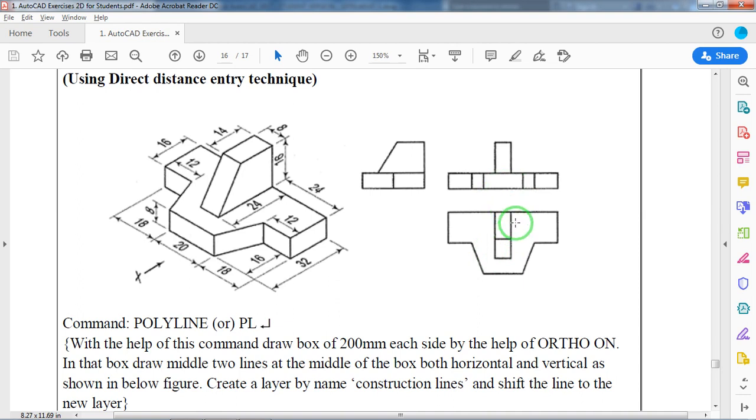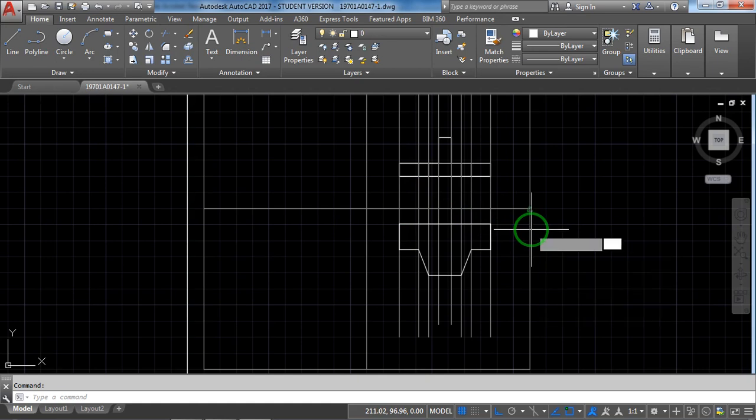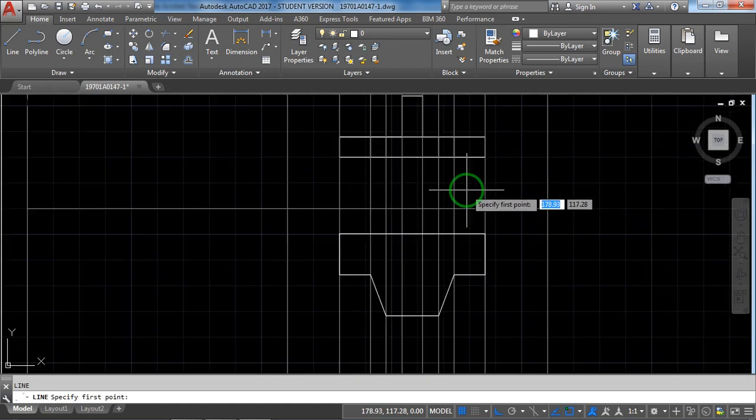How to do that? See, this location we have already drawn the top, but just click on that, track on this up to this particular location. I can directly give entry distance. What is the distance? 24, 8. See, I will show you. Take the line command. If you observe, this is the line, right? Intersection. I'm tracking it the same. You can see the yellow cross mark, green cross mark, green cross mark.